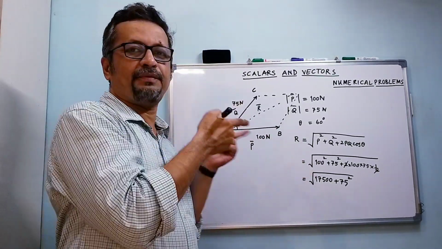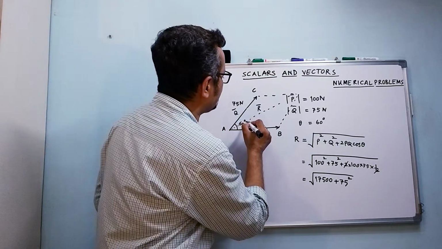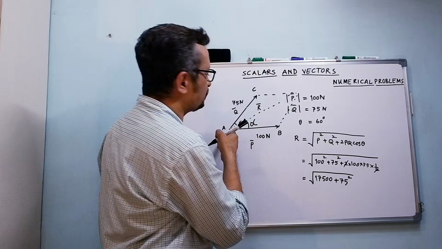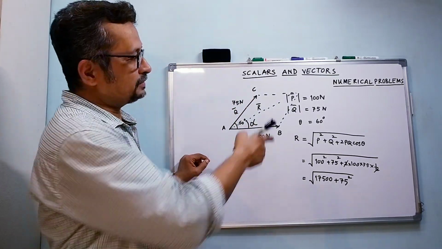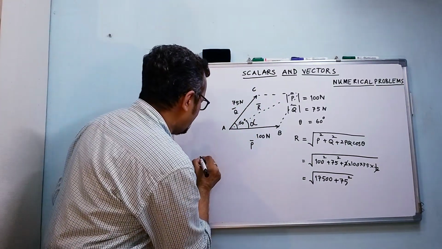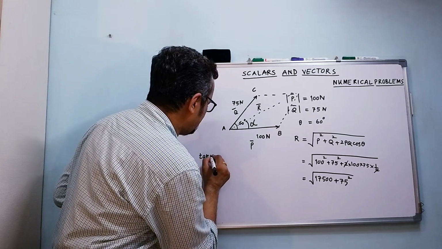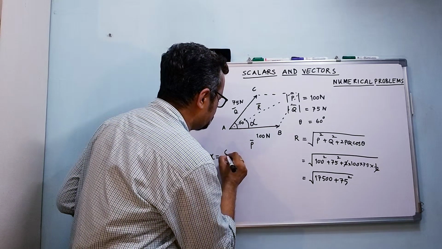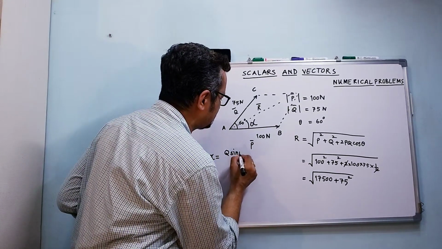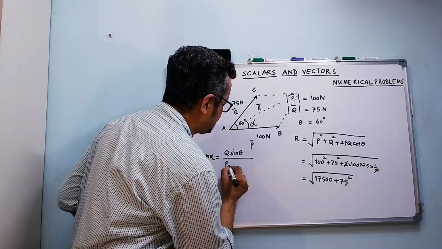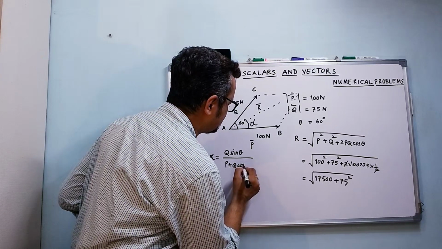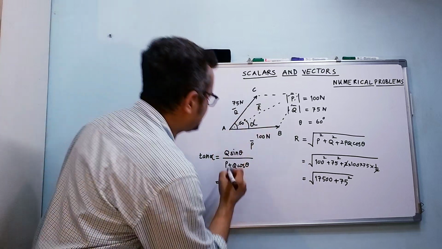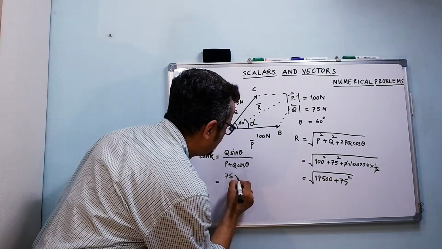But now since it is a vector, I must calculate what is my angle alpha here. Theta was my angle between the two vectors, that was 60 degrees. Alright, tan alpha, and what was the formula for that? Was it not Q sine theta upon P plus Q cos theta? So it is, my Q is 75 into cos